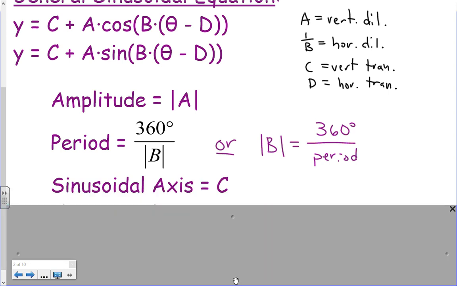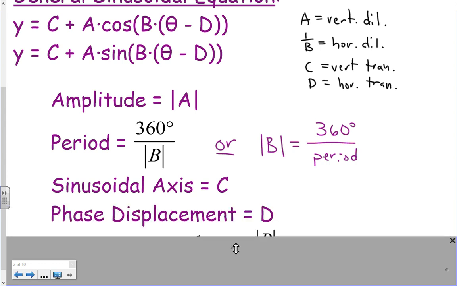The next one is the C value. Again, instead of calling this a vertical translation like we did back in Chapter 1, on a sinusoid we refer to this as the sinusoidal axis. We call it the sinusoidal axis because we'll see that our sinusoid oscillates back and forth around this value of C. It's kind of like a midline right through your sinusoid. So that's our C value, and C could be positive, negative, it could be 0, it could be anything. It's just the value of C is your sinusoidal